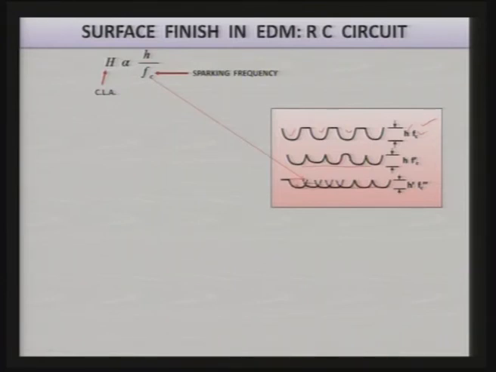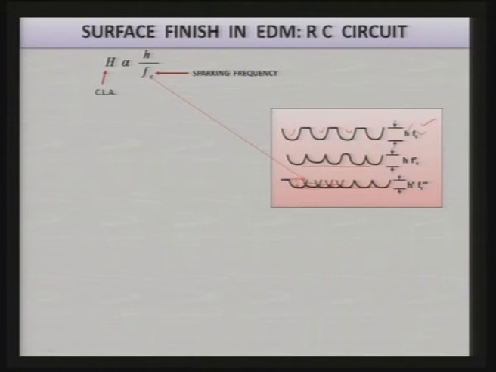In this overlapping crater you can clearly see that initially this is the depth, but when overlapping is there, this depth reduces substantially. You have already seen that if you increase the frequency of charging, the surface finish improves, and this is one of the reasons: the craters get overlapped with each other and their Ra value, or central line average value, keeps decreasing as shown in this third one. Here the depth of crater is reducing, and that is another reason why you are getting a better surface finish.